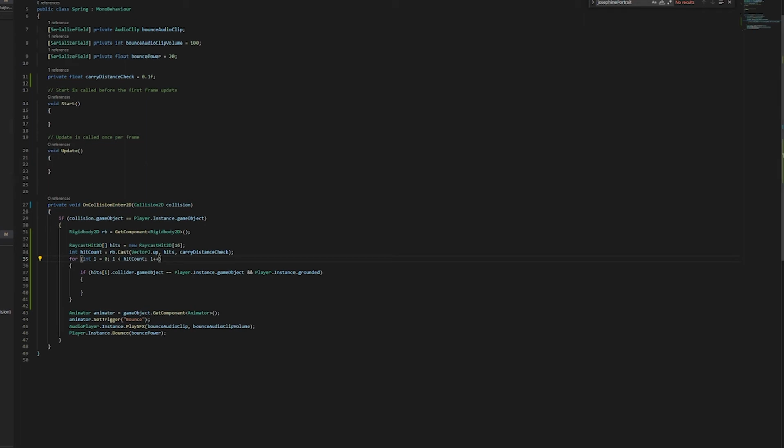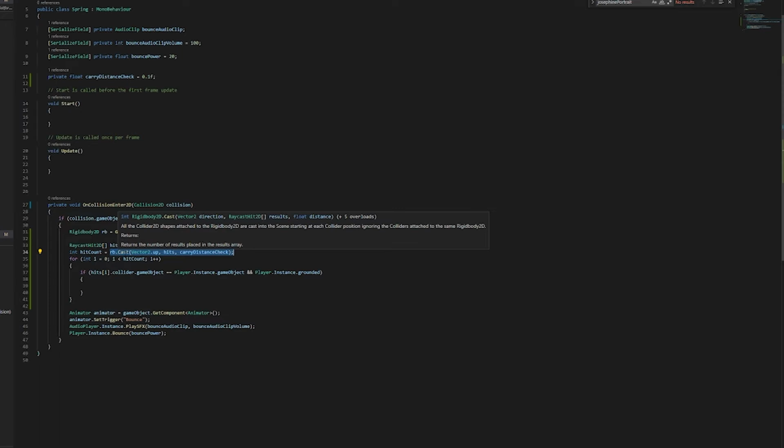So now I copy pasted a bunch of code that I've been reusing throughout my game to check things that are basically a certain distance away from an object. So what I previously did was I have the rigid body now, and I needed to create an array of these raycast hits, and it's just an empty array. And what I'm just going to do is hold on to this array, and I'm going to check it later on for collisions. So the special part of this is right here, the Rigidbody dot Cast,